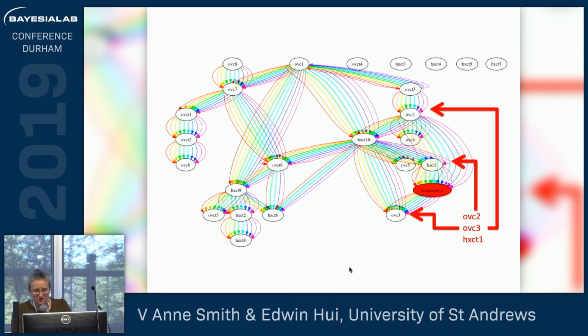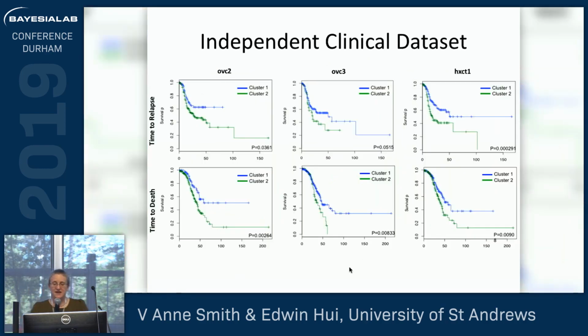And then when we took these genes, we could take them into an independent clinical data set and split the patients based on the expression levels of these genes. And we were able to find significant results of patients either taking less time or longer to relapse with their symptoms, or to pass away, based on the genes that she identified as being most directly related to treatment. And this is, once again, something our collaborators then want to go ahead with, with that list of genes.